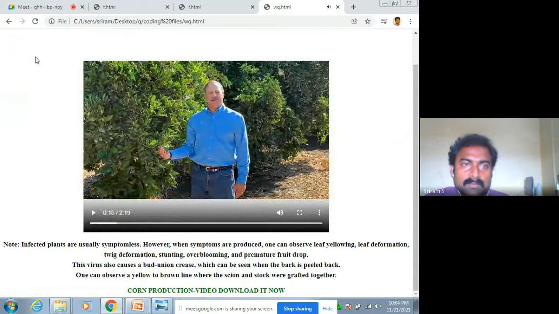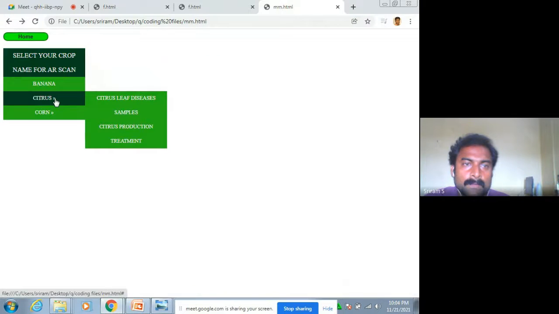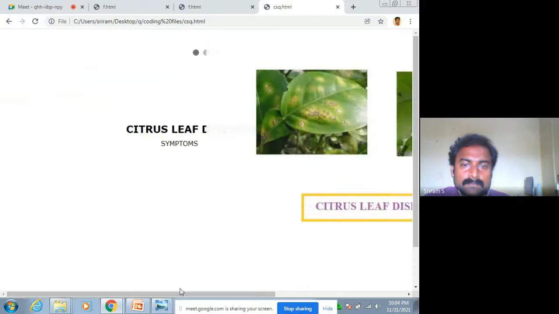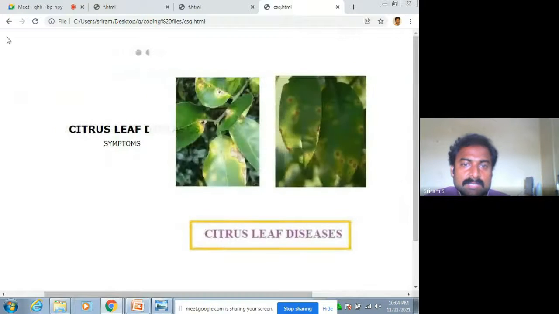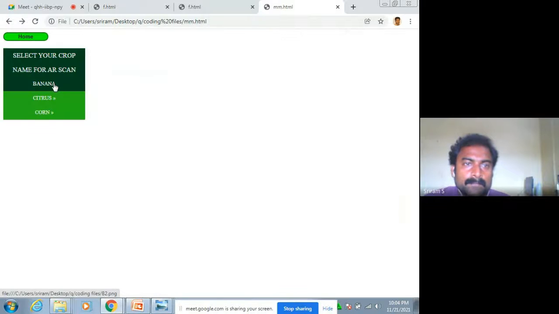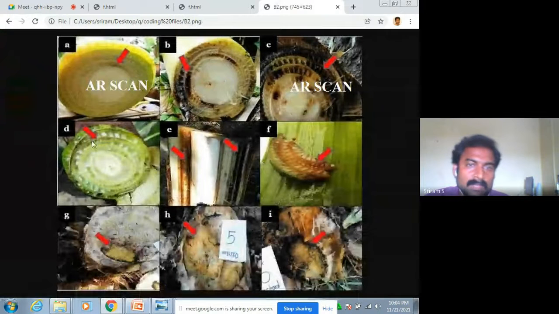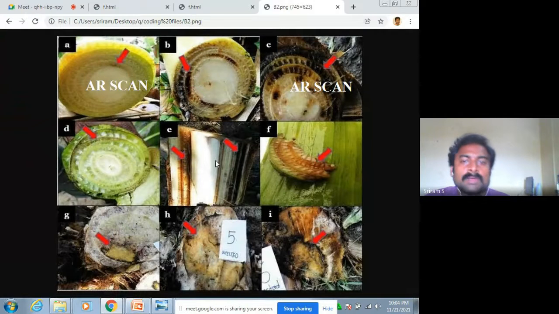Just a sample one, citrus and citrus leaf diseases, then banana AR scan. You can scan now to watch the video.